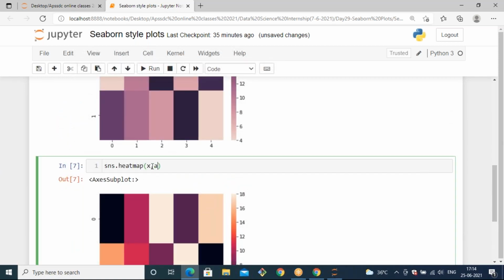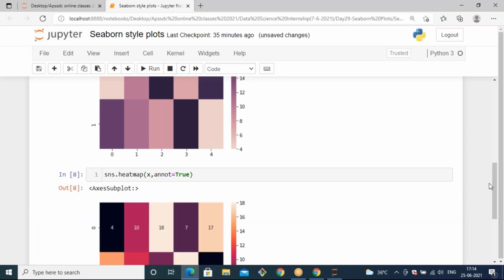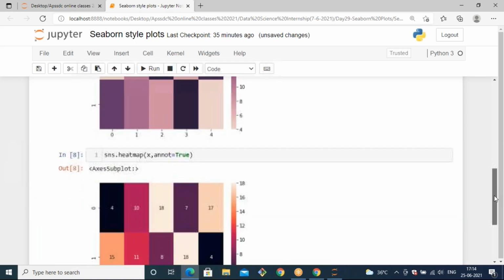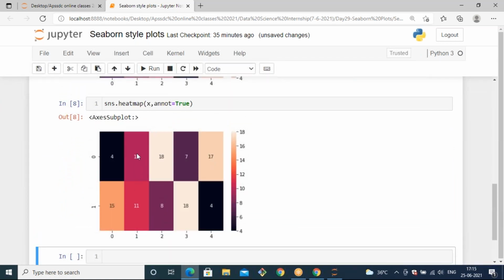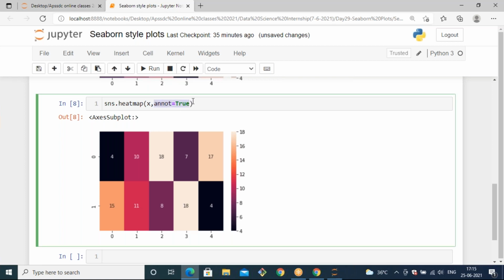And we have one more parameter, annot, if you make it true. When you use annot equals true, it will generate the values as well as the colors. You will get the data along with the color on top of it. You can observe most of the values, 4 is having some black color. So the black color data should be represented with the value of 4 only. If you want to get the data along with the color on top, you can use annot equals true. Then you will observe all this data lying along with the color.